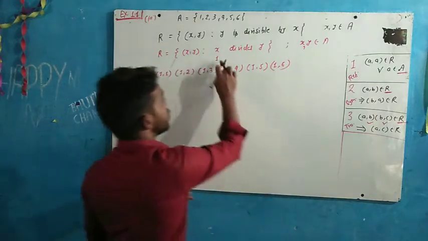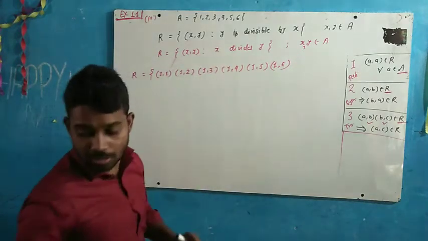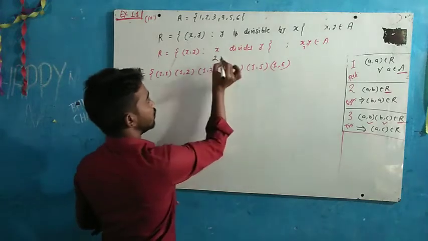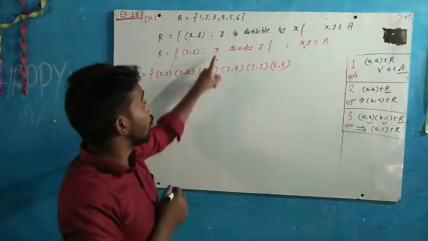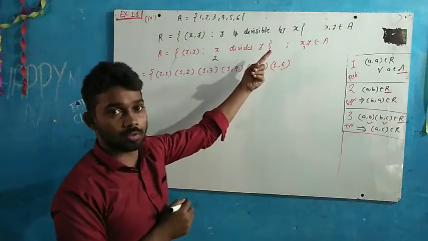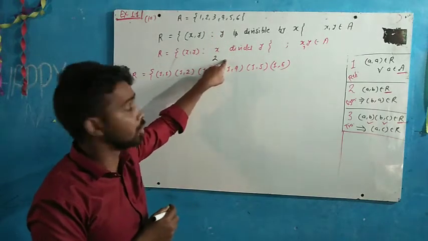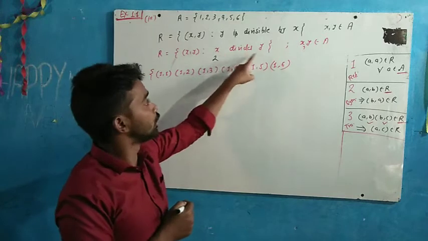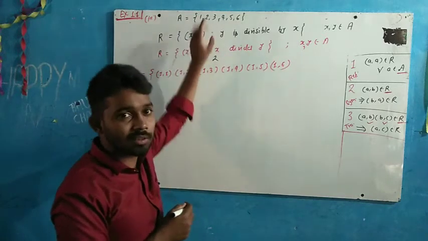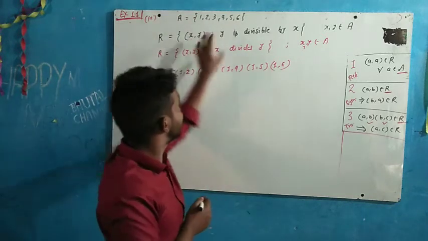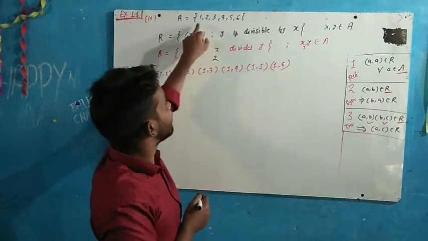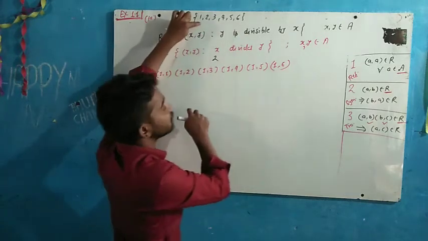Correct? Now change the X value. Suppose we take X value 2. Clear? Now 2 will be connected with those values of A which are divisible by 2. Now Y value 1. Does 2 divide Y? No. Just check out, 2 divides how many numbers? 2 divides 1? No.